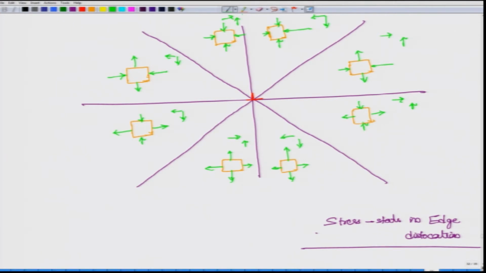So, you can see that this picture summarizes all the 3 different stress fields that we saw earlier, and it is easy to draw it once you know how they will look like, and once you have this you can see that you have various combinations. Somewhere you have x as positive and y as negative, somewhere you have both of them positive, somewhere you have both of them negative. So, all different combinations actually take place when you are around an edge dislocation. So, with this we come to the end of the different stress and strain fields inside an edge dislocation.